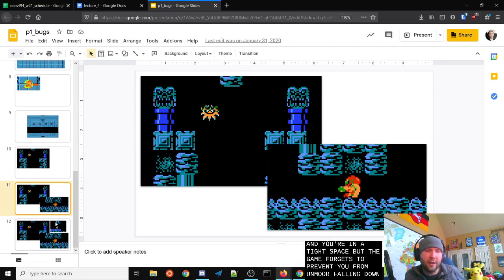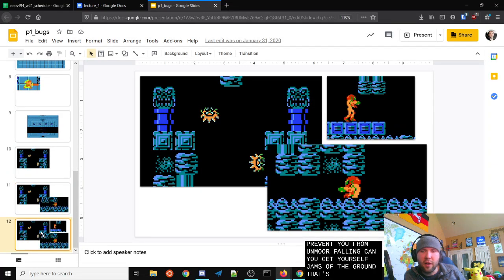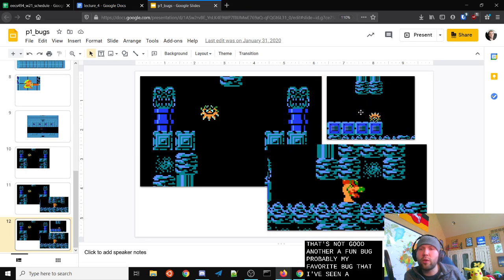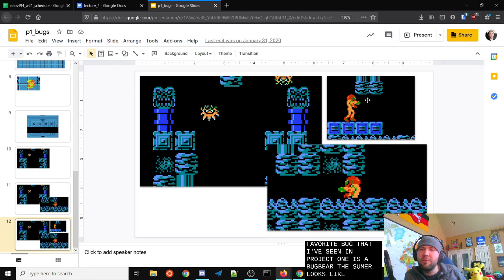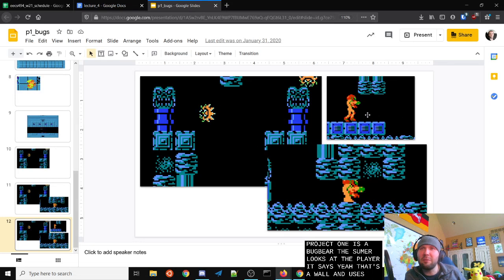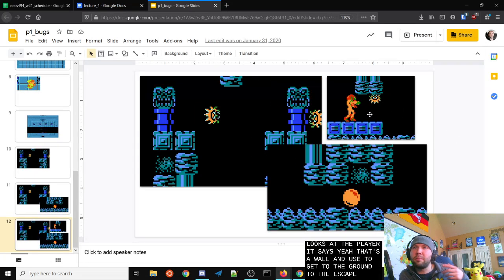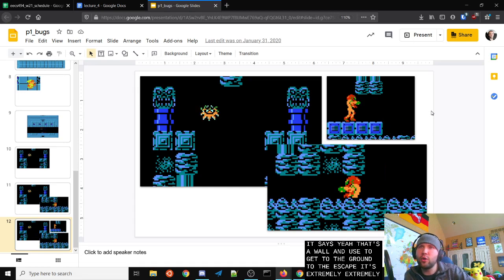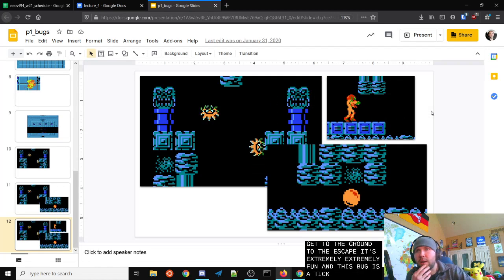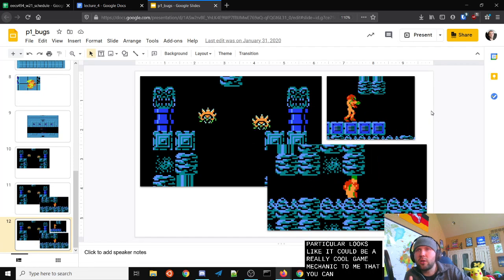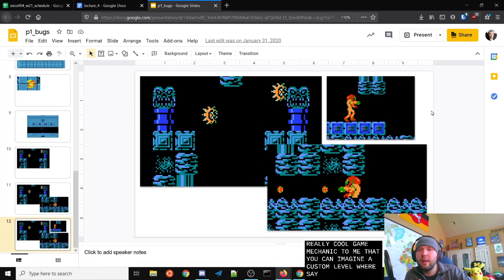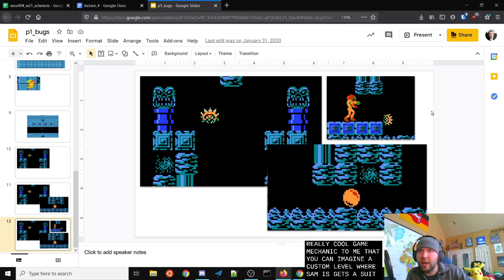That's not good. Another fun bug, probably my favorite bug that I've seen in Project 1, is a bug where the zoomer looks at the player and says, yeah, that's a wall, and uses it to get to the ground and escape. It's extremely, extremely fun. And this bug in particular looks like it could be a really cool game mechanic to me. You can imagine a custom level where Samus gets a special suit that allows her to have zoomers climb without taking damage.